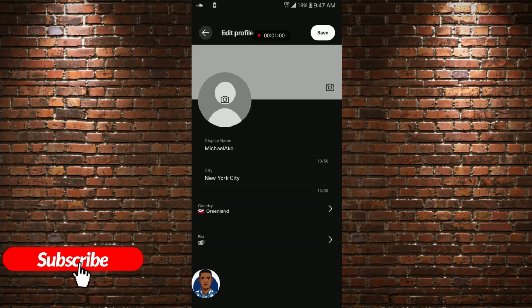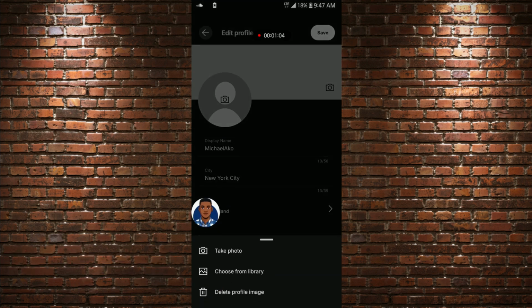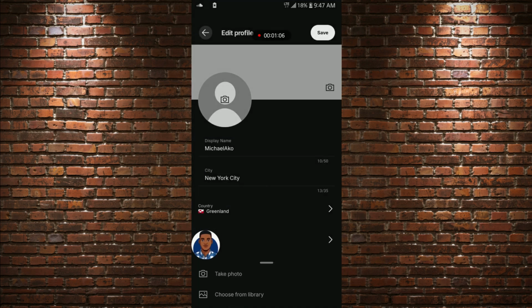Now you add a profile picture by tapping on that. And you take the picture from your gallery or something. And you can also add a cover. And you do that too. After that, you tap on the save to save it. And that's it on how you